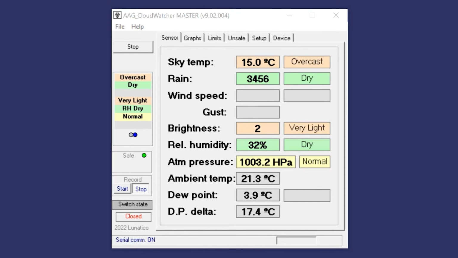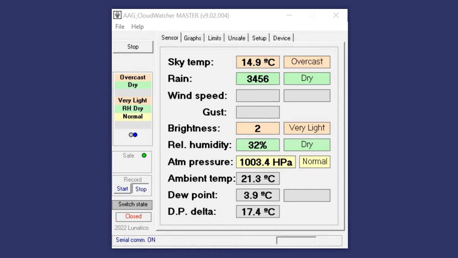For the final part of this video, I'd like to show you how to use the information that we've determined so far to make decisions on whether the conditions are safe or unsafe. At first, you might be inclined to think that you've already done this by creating the categories that we've seen on the Limits page. If you've spent several days fine-tuning the rain and cloud settings such that the CloudWatcher shows overcast and rain as the first drops hit the sensor, you might be unpleasantly surprised to find that the CloudWatcher still reports safe and your equipment continues to attempt to image the cloudy sky.